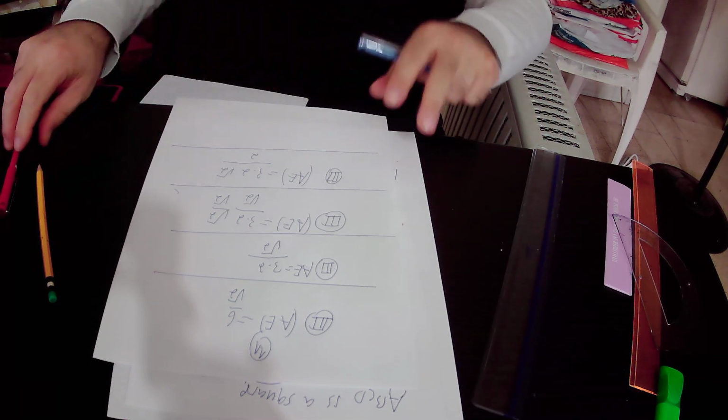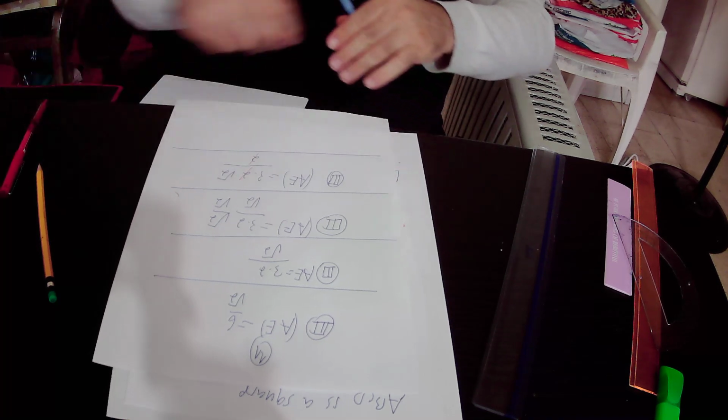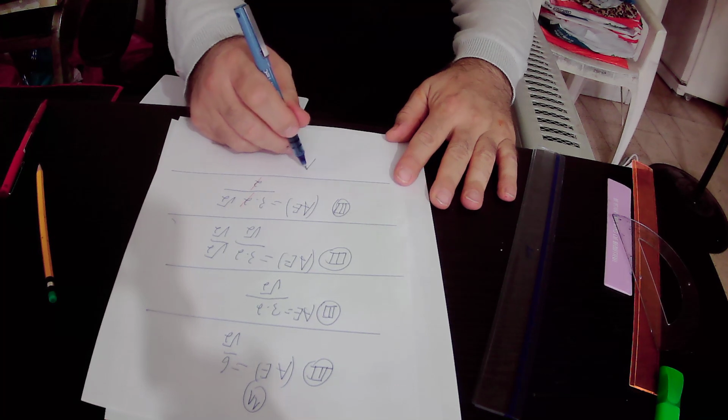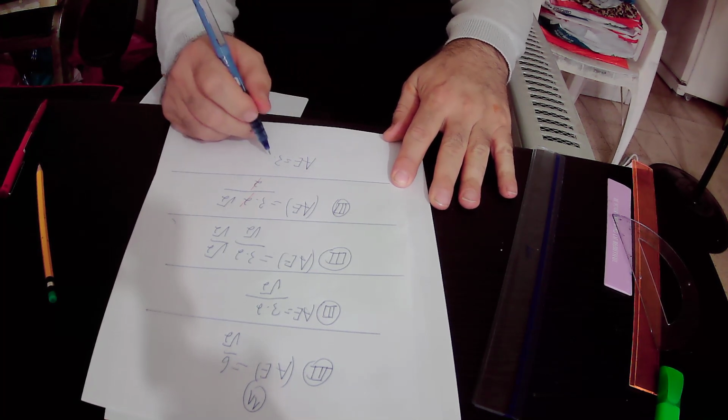So here 2 over 2 is 1, so 2 will get cancelled, and we actually found out that AE, the missing line segment that we are looking for, equals to 3 times square root of 2